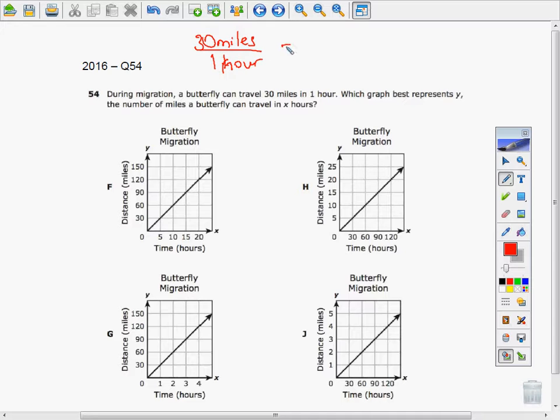So in 2 hours will be 60, right? 60 miles. In 3 hours will be 90 miles. In 4 hours will be 120 miles. What we gotta do is take this ratio as a pair like this,